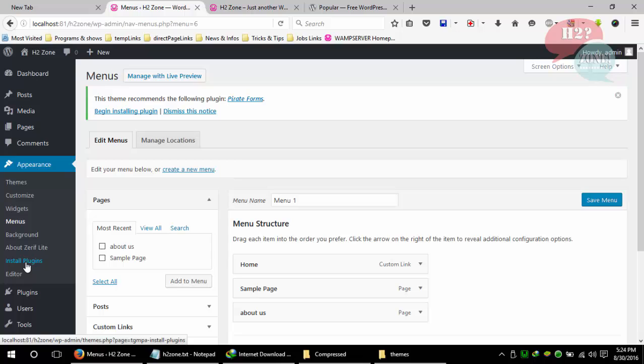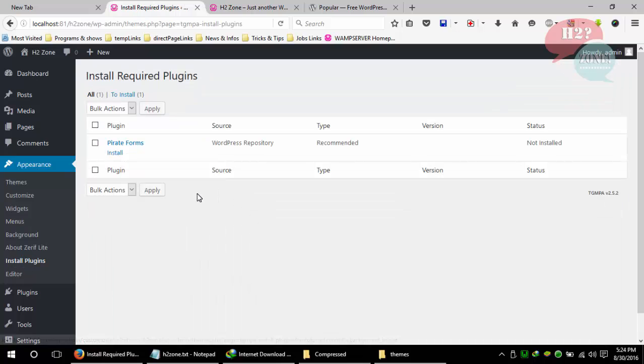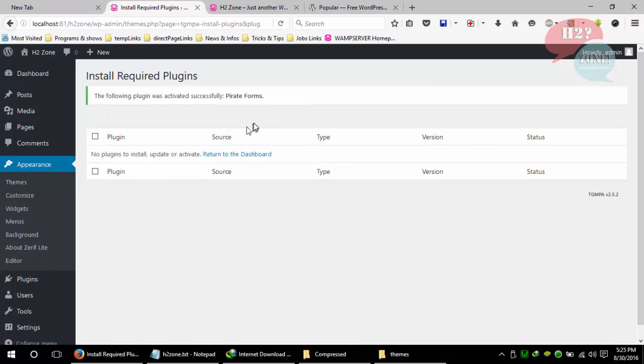Now I am going to click install plugin. If your theme has any plugins, they will be shown in the plugin section. Mostly themes do not have plugins, but if you have a very impressive theme with a lot of functionality, then sometimes it has different plugins. If you want to install one, click on the install button. If a plugin has a latest update, click on the update option. Okay, I am going to activate. Now my plugin is installed.